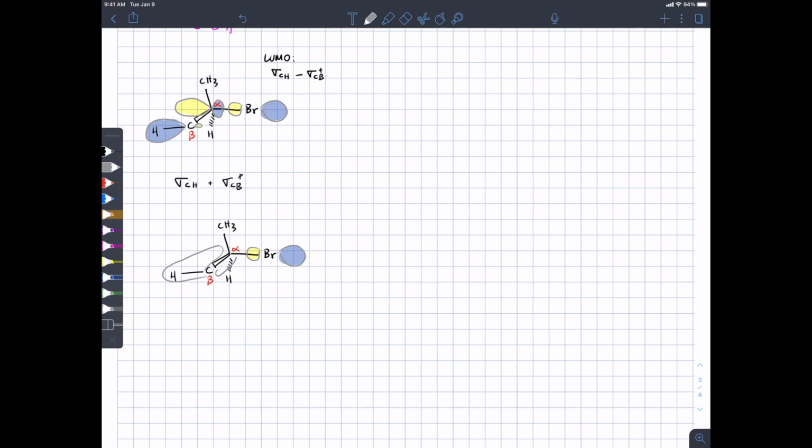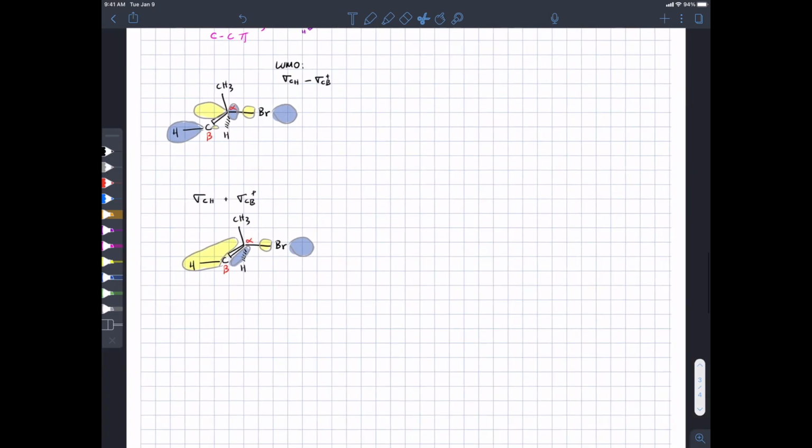So you've got sort of partial pi bond character between those two carbons. And it's okay if you don't know how to draw this. I'm trying to represent what the plus combination would look like if you actually did the MO theory calculations. So this is the orbital that is filled. This is what's going on with the electrons that are in that adjacent carbon-hydrogen bond. They're delocalized a little bit out onto the adjacent alpha carbon. Okay?